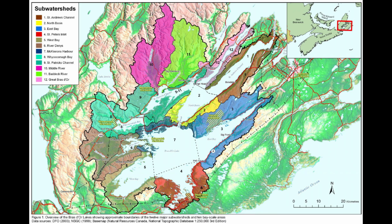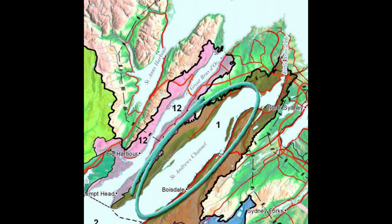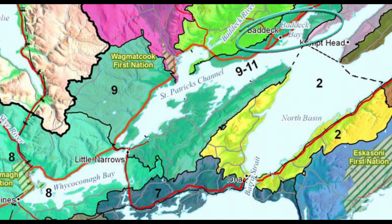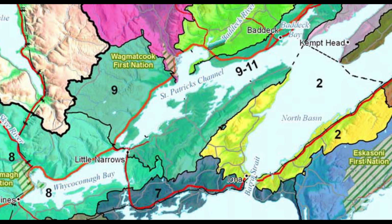Here's a modern map to look at. The water north of Boularderie Island is called the Great Bras d'Or Channel. The narrow channel here is called the Little Bras d'Or Channel. Where it widens is called the St. Andrew's Channel. This here is Bedeck Bay, St. Patrick's Channel, Whycocomagh Bay,